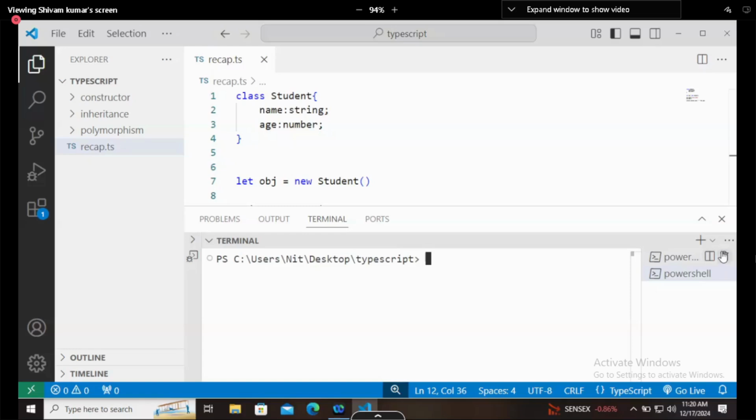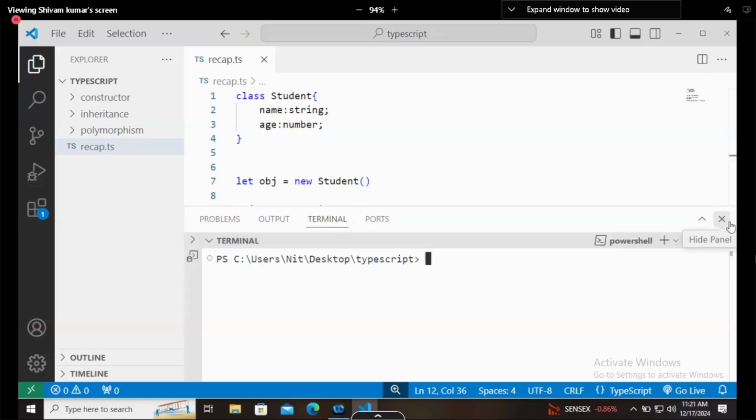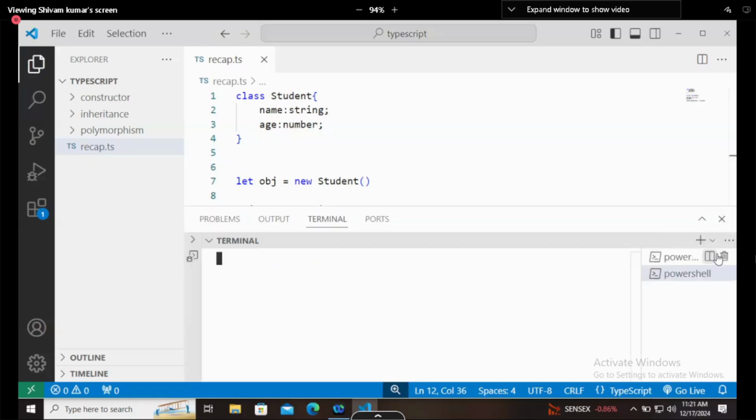Now the terminal is open. If you type control shift and that icon, it will open a new terminal.